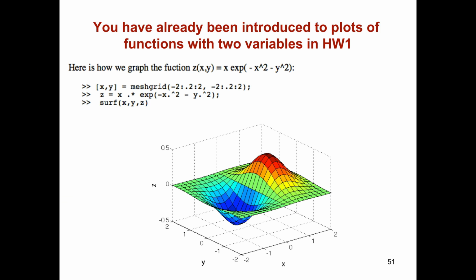Now in your homework 1, there was that example for 3D plots. Okay? So just like in 2D plots, when you're plotting something in 3 dimensions, you need to know points to plot. You need to know x, y, and z of every point that you want to plot. And what you did in that homework without necessarily knowing what you did, okay? You created x and y mesh grid. And that's a grid of points between -2 and 2 in both x and y. And then you created z